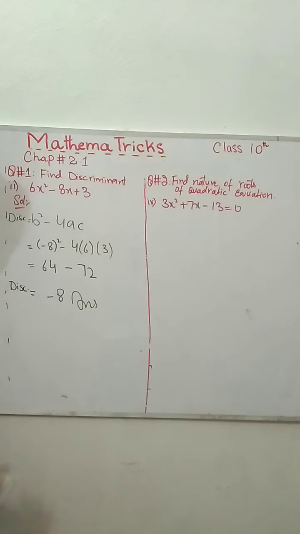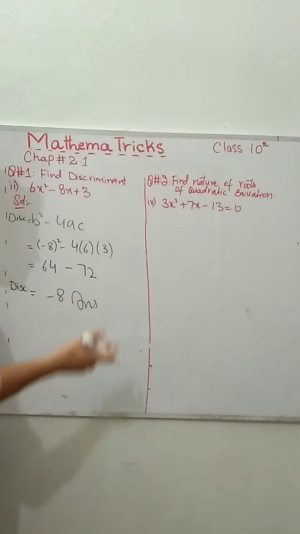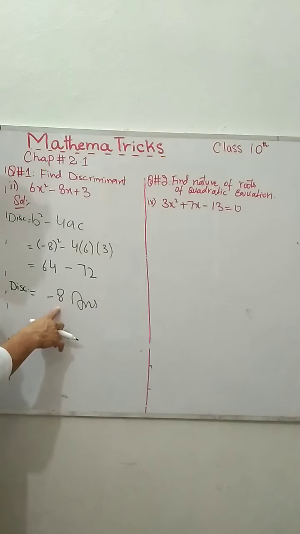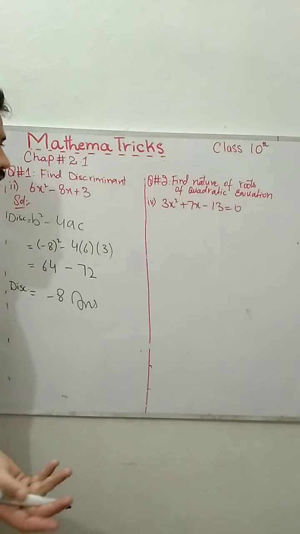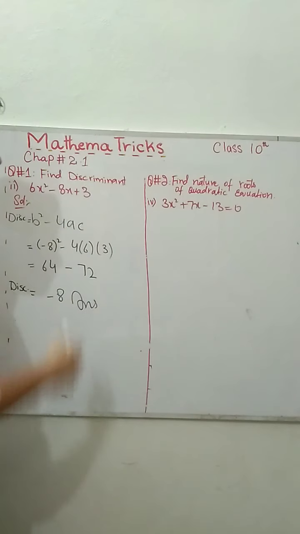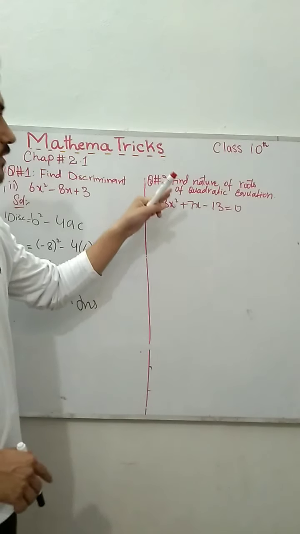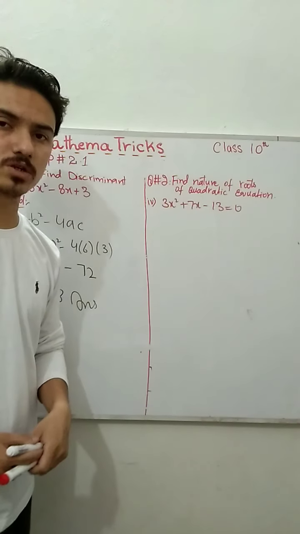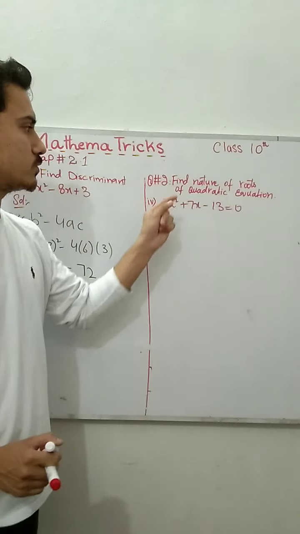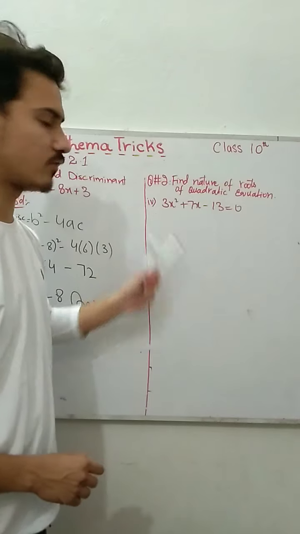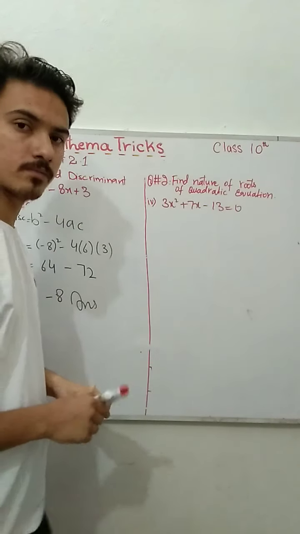We know what the nature is, as we just learned in the starting topic: whenever you get a discriminant negative or less than 0, the nature of the roots is complex. You can check it again, we just wrote the 4 basic laws about the nature of the roots. Here again we need to find the nature of the roots of a quadratic equation. The statement of question number 2 is find the nature of roots. You are given 4 parts here. I'm going to do the 4th one. You can solve the first and third yourself.